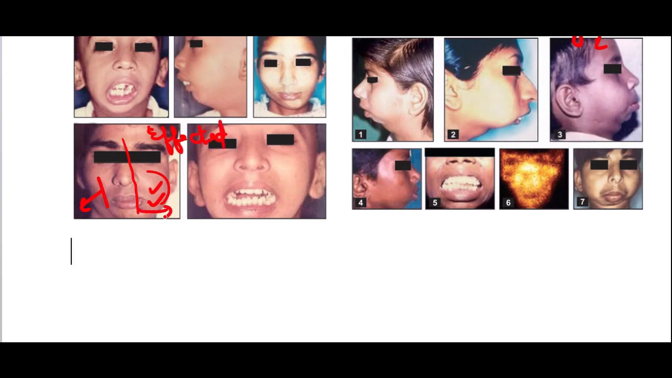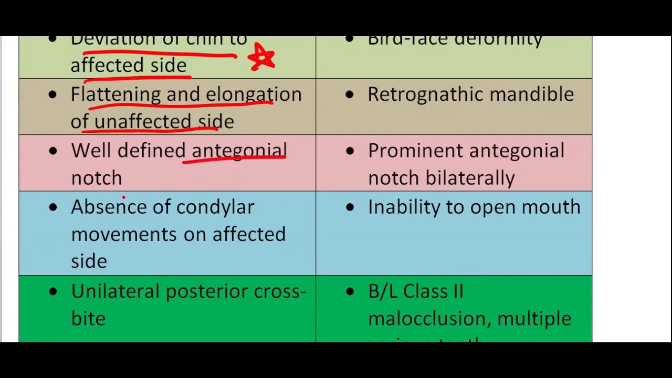So chin would be deviated to this side. There would be fullness on this side, whereas on the opposite side there will be flatness. So on the side where everything is okay, you might see something a little bit flatter and longer than the other side of the face. So a well-defined antigonial notch is present in the unilateral